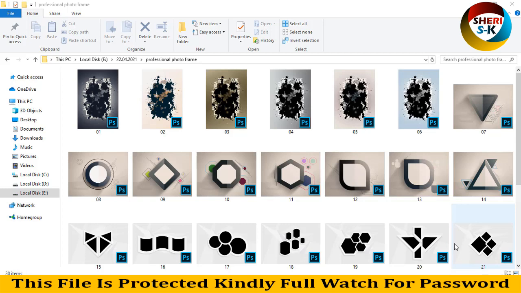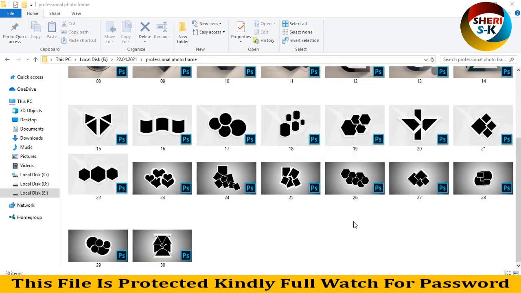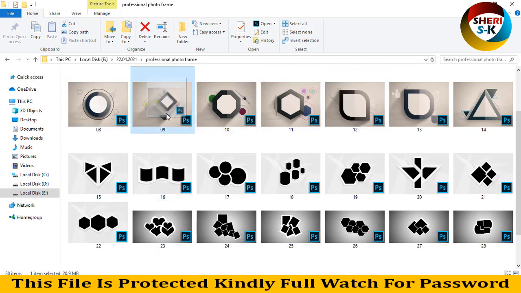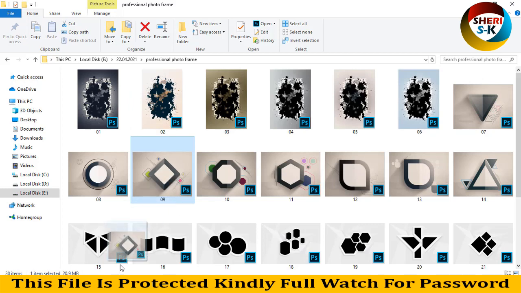Here are 30 frames. All files are in PSD, so you can see here. It is just simple: create a clipping mask, or drag and drop your photo and adjust. For example, I drag this file to Photoshop,